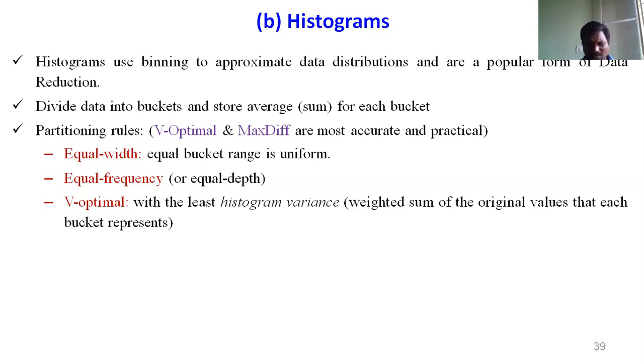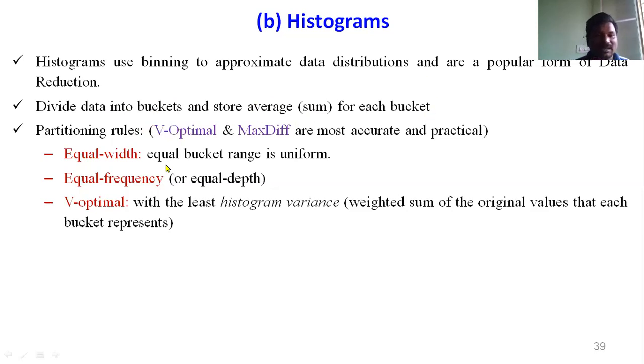In most cases, for the prediction of the stock market, you use histograms. In cricket commentary and counting the cricket score also, you use histogram data. Then divide the data into buckets. Just like 1 to 10 hours, what is the score? 10 to 15 hours, what is the score? In this way, 1 to 10 is one bucket, 10 to 15 is one bucket, 15 to 20 is another bucket. Divide the data into buckets and store the average for each bucket.